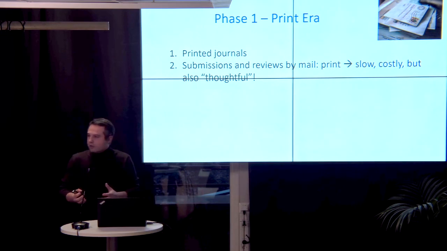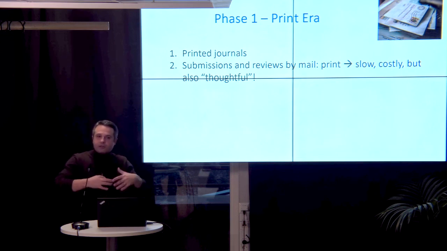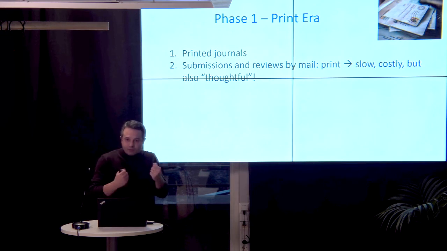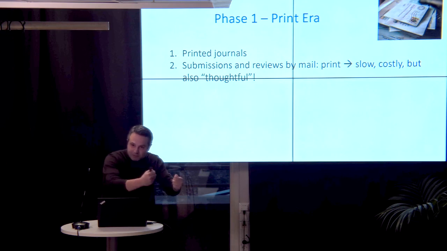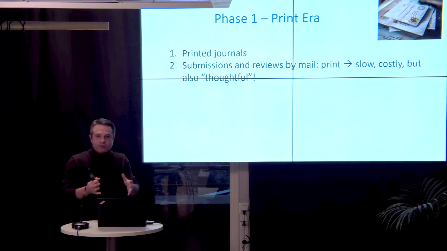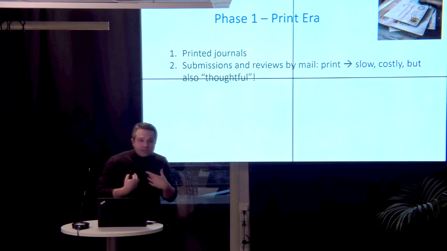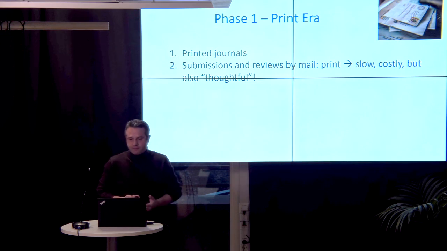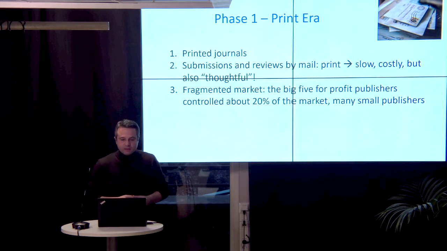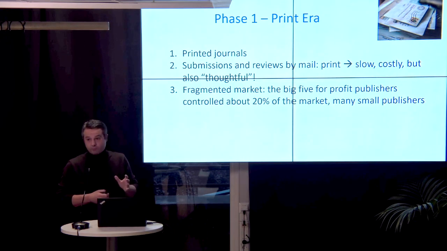Of course, this implies a rather slow, heavy system, but also, I would say, a thoughtful one. Meaning, if you had to submit a paper, you would think twice before choosing a journal, and when identifying a reviewer, you would think twice, and a reviewer deciding whether to accept a review would think twice, okay? Now it's much faster. In this era, we had a fragmented market, meaning that the big 5 for-profit publishers